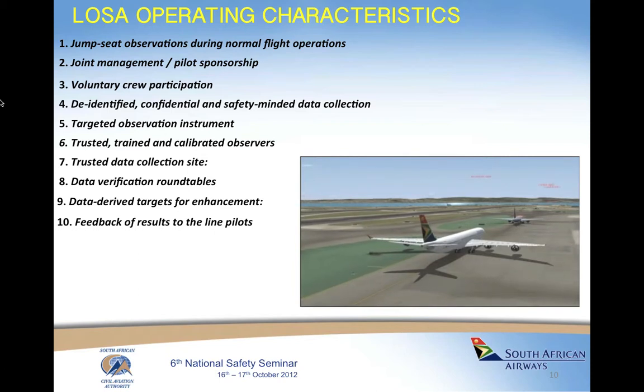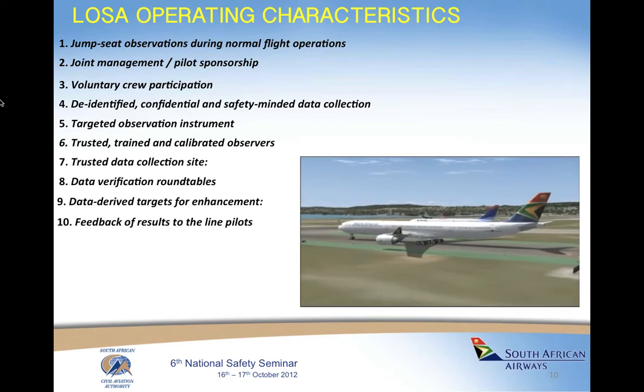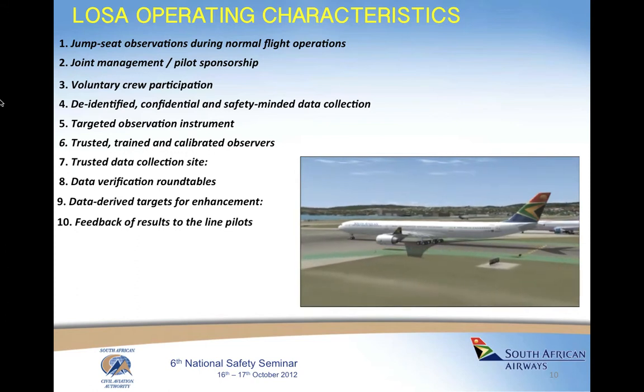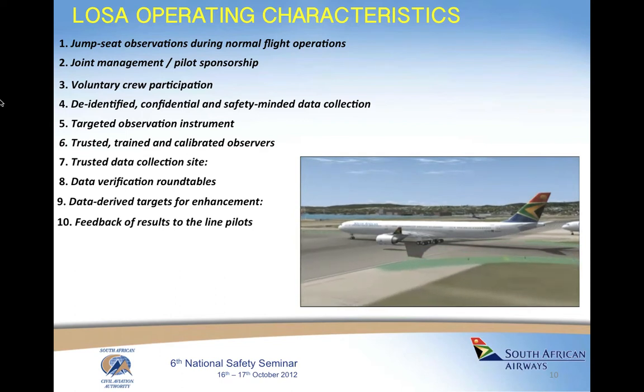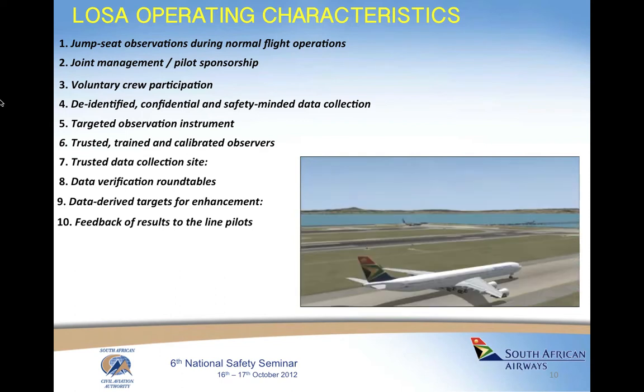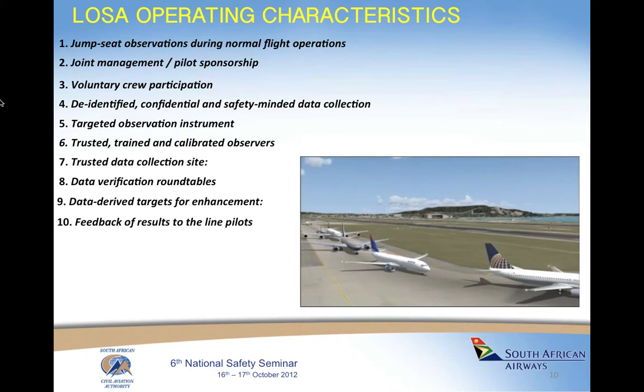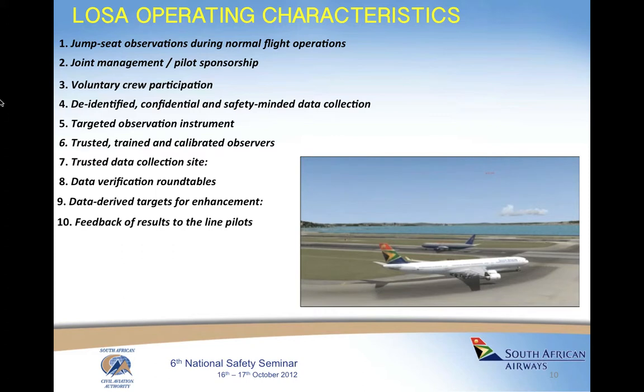After LOSA is completed, the airline's management team and Pilots Association have an obligation to communicate LOSA results to the line pilots. Pilots will want to see not only the results but also management's plan for improvement. If results are fed back in an appropriate fashion, experience has shown that future LOSA implementations are welcomed by pilots and thus more successful. So these are the 10 operating characteristics of a LOSA, and if each one of those 10 characteristics is met, an airline can consider the audit or the check on normal line operations a line operations safety audit and not some other check or audit as such.